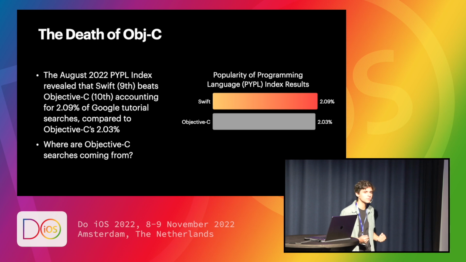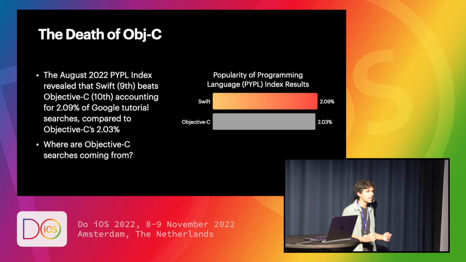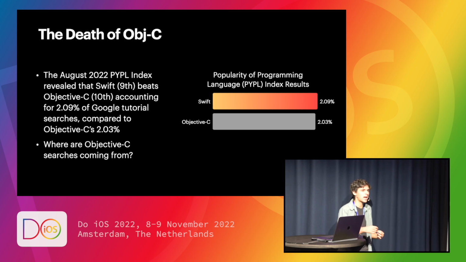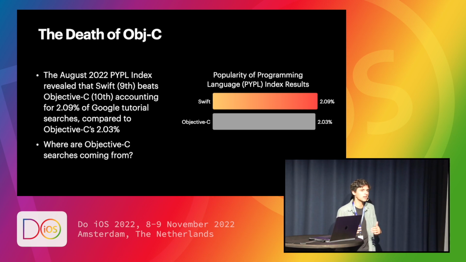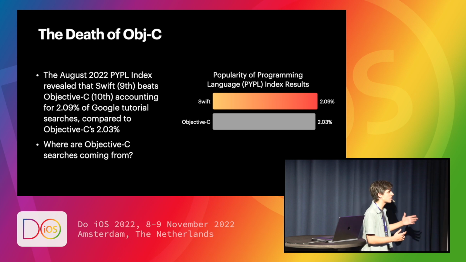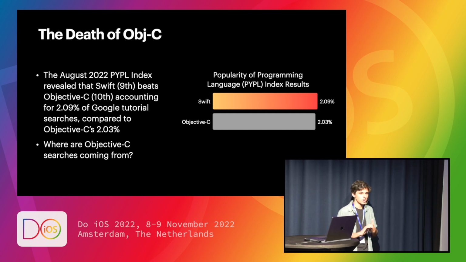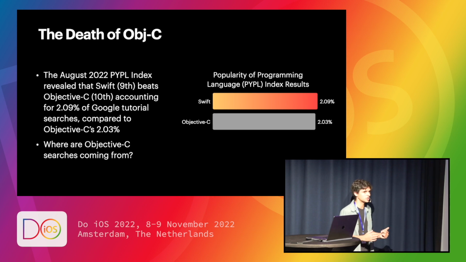And why are people looking up tutorials for Objective-C? In many cases, it's because you have a person working on a code base that has Objective-C legacy code, and they just don't know how to interact with the existing code, because Objective-C has fallen behind to a point where there are people coming into this industry with the intention of working primarily with Swift, not with Objective-C. So the searches for Objective-C may not be coming from people for whom it is the primary technology that they're using, but from people who need to learn how to deal with that older code base.